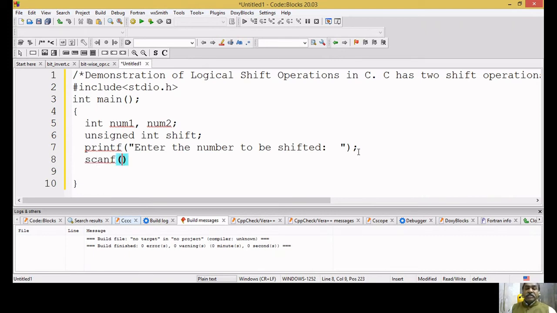scanf, what should I give? Since it is an integer, the control string is in double quotes, %d, after the double quotes, comma, I have to give the address, semicolon.